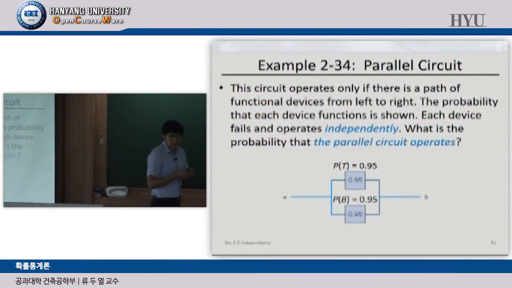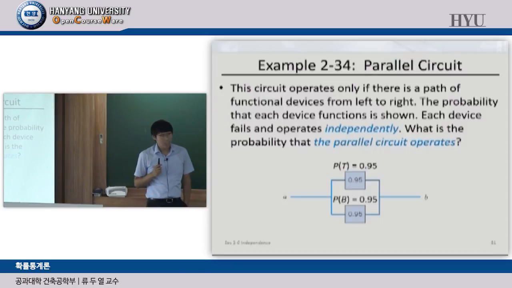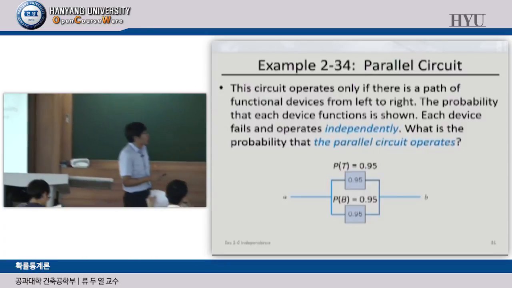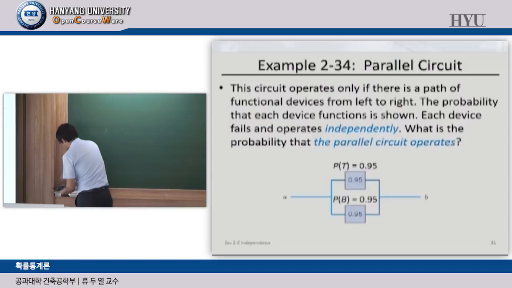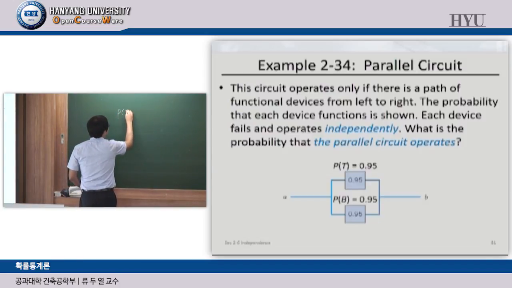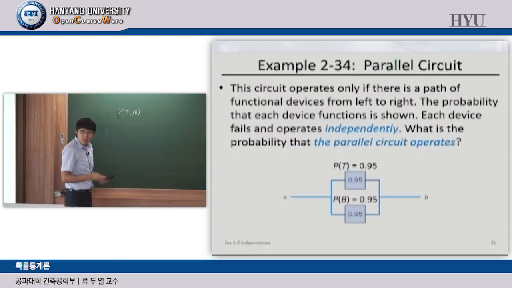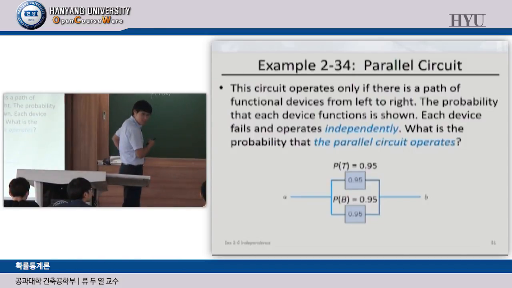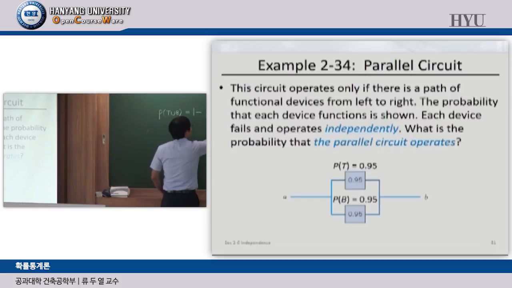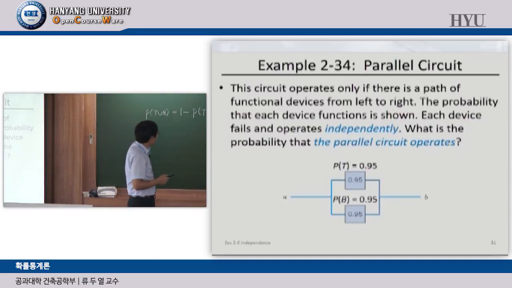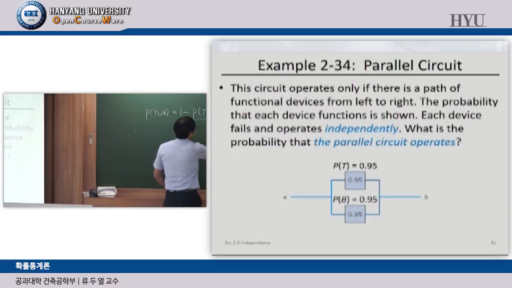Before starting today's class, I'm going to make a correction. In the last class, we discussed the parallel circuit, right? In this case, we have to calculate the probability of the union of T and B, right? To calculate this, the equation should be transferred to 1 minus the probability of the complement of T intersection the complement of B, right? But in this case, if we want to change this equation to the multiplication of the probability of T prime and the probability of B prime,